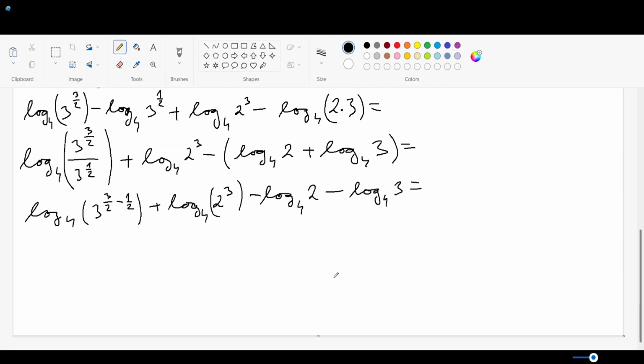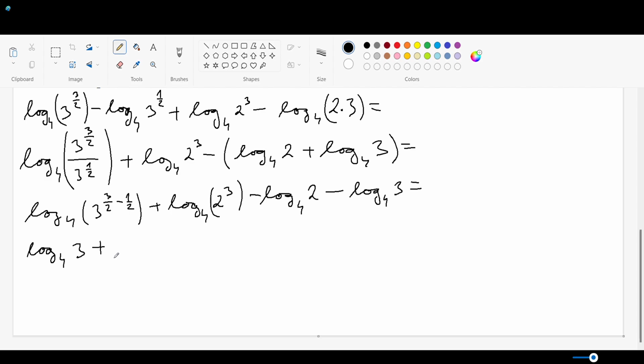Now as you can see, this is equal to logarithm base 4 of 3 to the power of 2 over 2, okay, because 3 over 2 take away 1 over 2 is equal to 2 over 2, which basically means it's 3, okay,